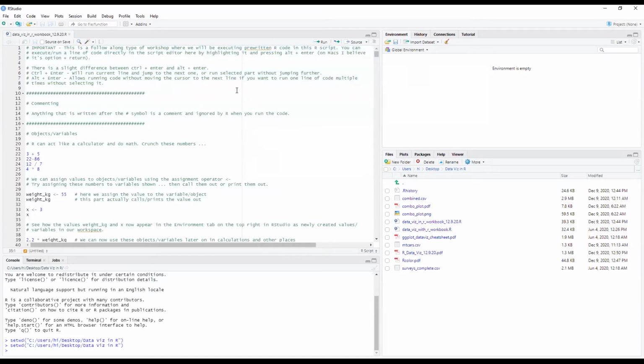Normally you would have to type out the code, but in this case, to avoid any mistypes or things that might slow us down, all the code is written out with a lot of commenting as we go along. We're going to be going through this script. I'm going to be teaching a little bit about some of the coding in R, and we're going to create a bunch of visualizations.